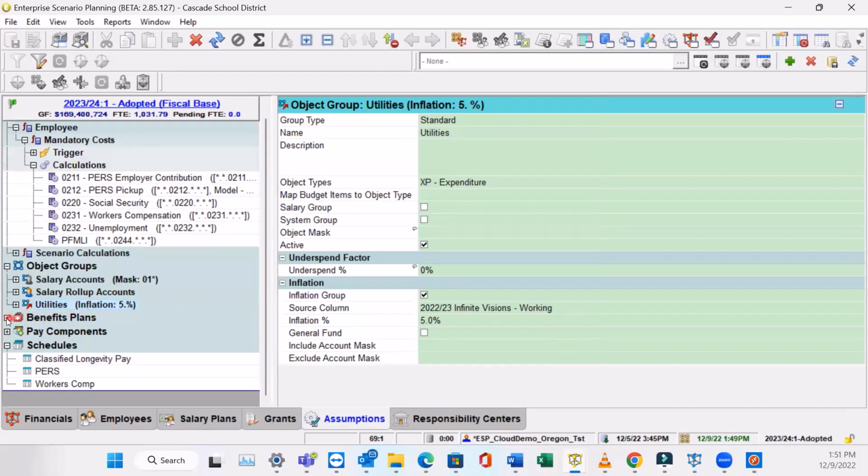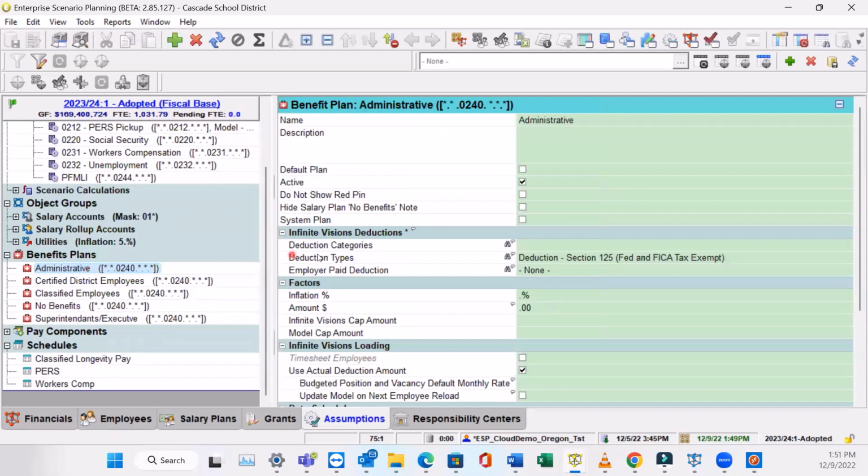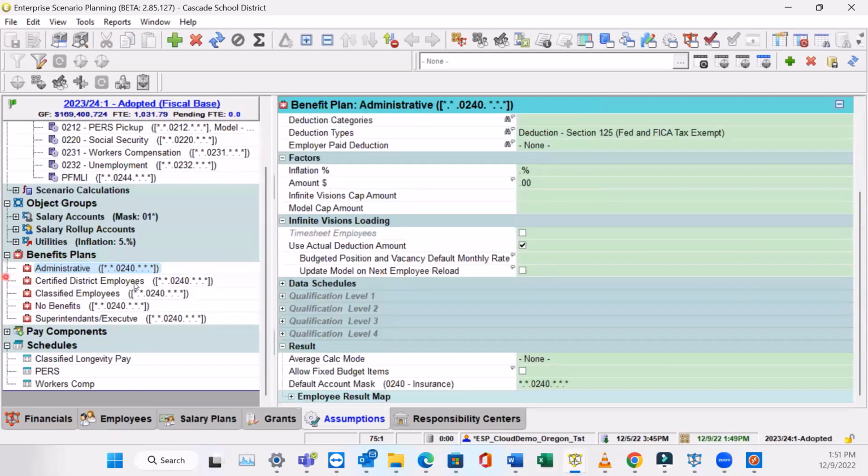All right, let's talk about benefit plans. This is a big piece. Benefit plans are obviously the medical plans. The way it works is usually you have, and I can't remember, Beth, for you guys how it's broken out, but for the Oregon districts, you have usually administrators, certified, classified, and then a no benefits, which most people, there's nobody on that. And this district has a superintendent. So I'm gonna skip administrators right now. Let's just look at certified district